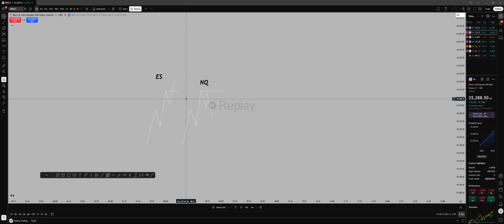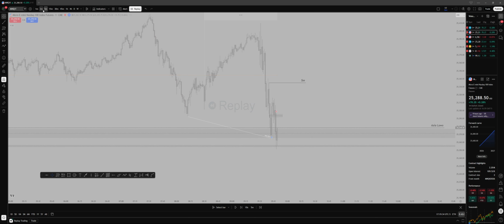So they should correspond, right? Rhetorical question, by the way. High right here, but look, NQ doesn't take the high, but it makes a high right here, and then it goes lower. That is going to be your SMT because it made a divergence. That is going to be your SMT. Okay. Now that we got that under control,